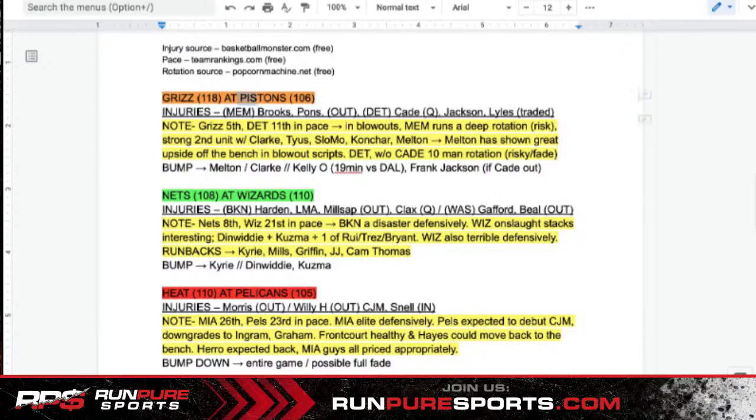Now, the Pistons did have some news that just dropped with Trey Lyles, who has actually been one of their better players off the bench. He's being traded. Same with Josh Jackson right here. So I have that listed out in my own personal notes. This will be an interesting spot because we're still waiting on Cade Cunningham news. This for me is like tournament play where we're playing the blowout script, where I want to maybe give D'Anthony Melton, Clark, some of those guys a little bump